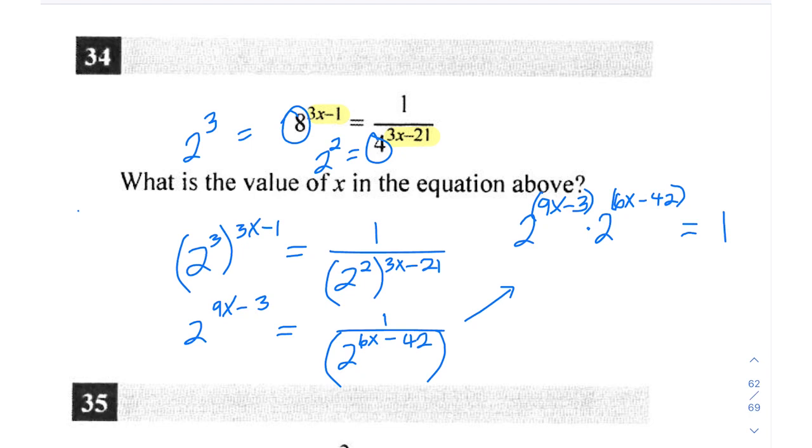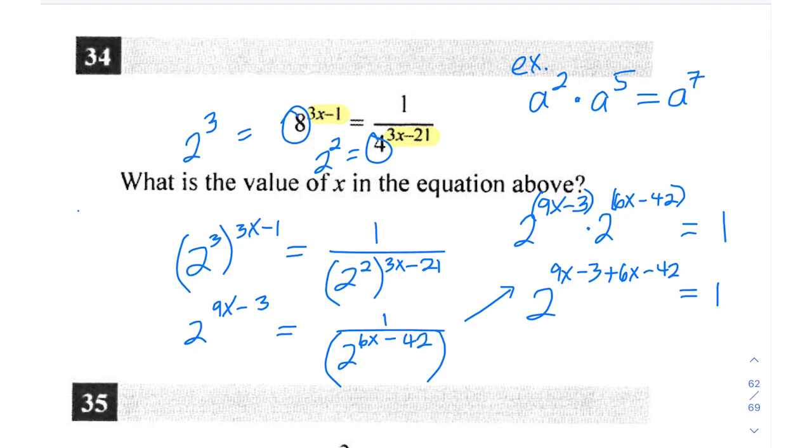And then here, when you're multiplying by the same base, so this is the second really fundamental skill that they're testing in this question. What do you do with your exponents when you're multiplying by the same base? And that's one of our exponent rules. If you had a squared times a to the 5th, for example, times the same base, you're going to add your exponents together. That would be 2 plus 5, which is 7. So this is just an example of the rule, and now we're going to apply that here. This would be the same thing as saying 2 to the 9x minus 3 plus 6x minus 42